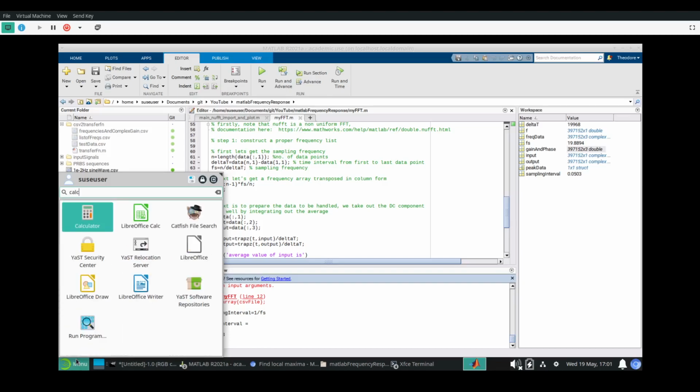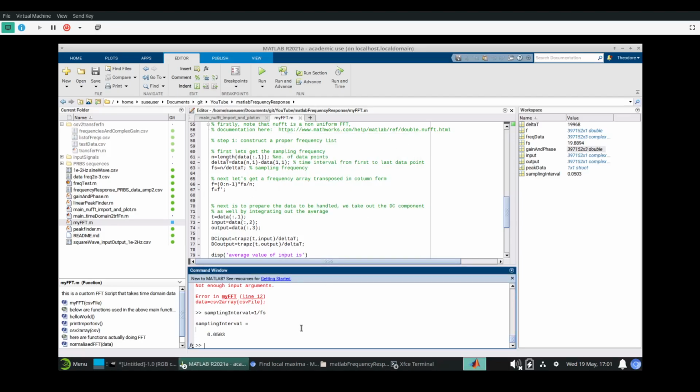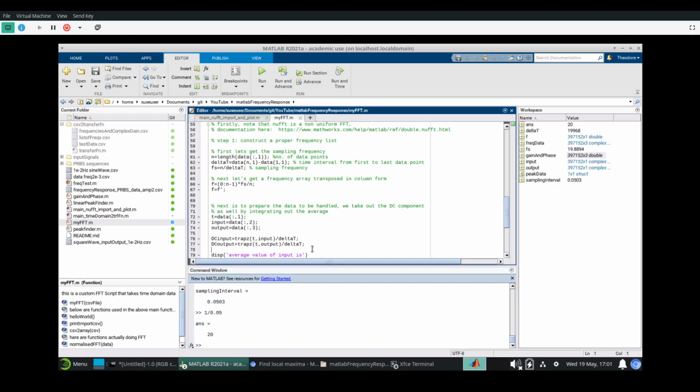So, 1 divided by 0.0. Oh wait, I can do it in MATLAB. What am I doing? 1 divided by 0.05. That's 20 Hz, as compared to 1 divided by 0.0503. That's 19.8894. So there is this issue where you don't capture the whole spectrum, because